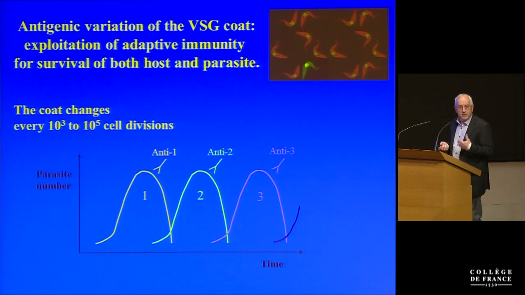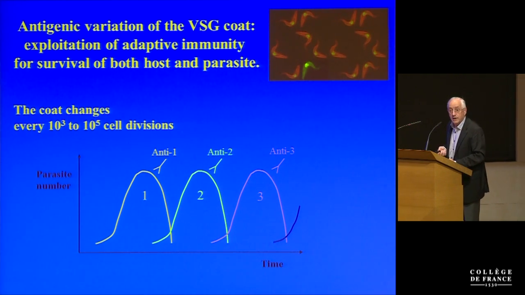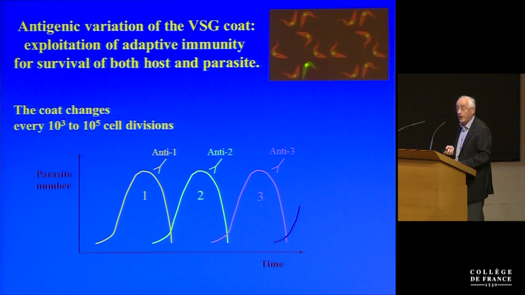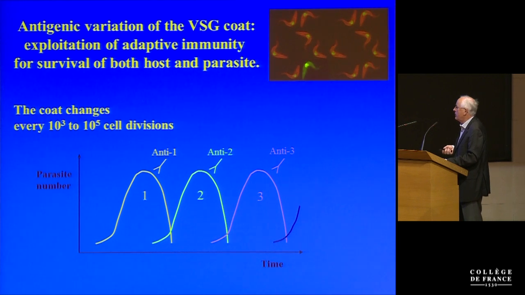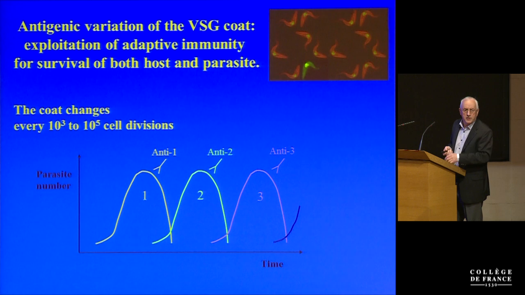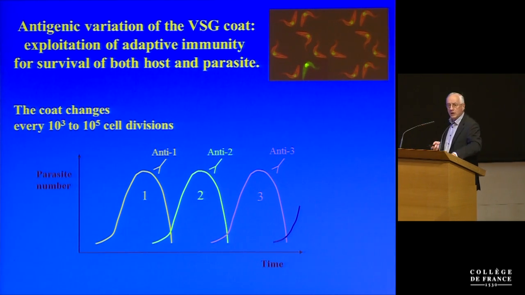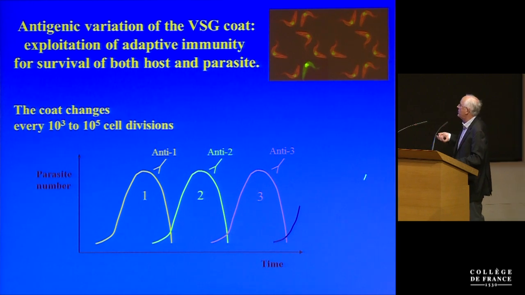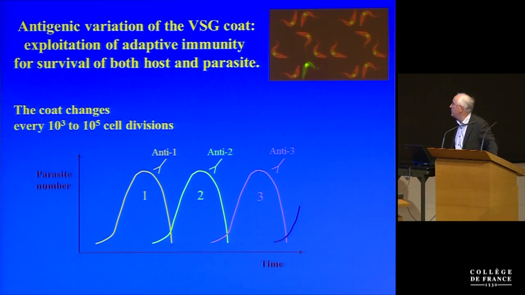You can easily imagine that if there was no control of the parasite growth, then the host would be too quickly destroyed, and of course it's not in the interest of the parasite that the host dies too soon. This system was developed because, in particular for African trypanosomes, the transmission of the parasite from one given host to the next is very, very inefficient. As you probably know, this is through the tsetse fly, and this is not a very good system. So the parasite has to develop a long-lasting chronic infection in order to survive. This is a system that allows both the host and the parasite to survive for a long period of time, weeks, months, or even years.